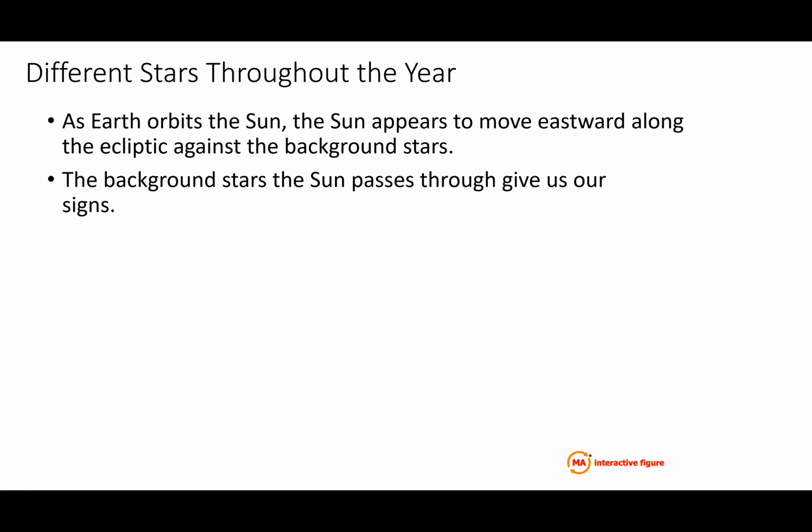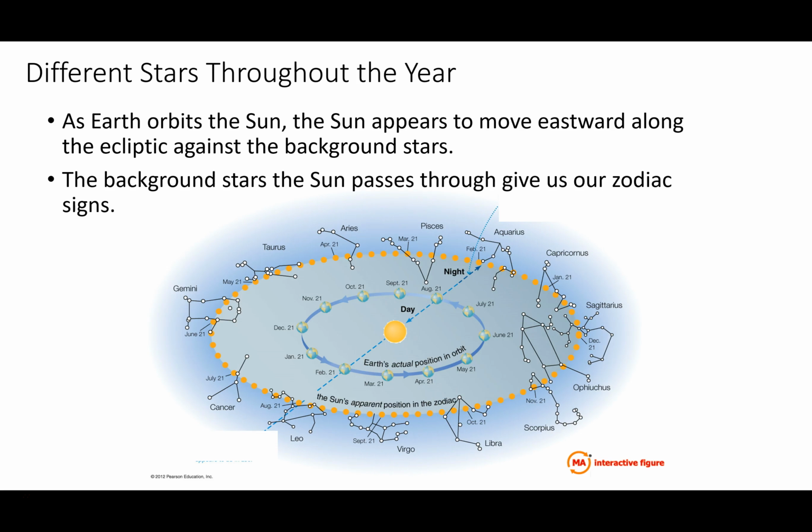You know, sometimes you're like, I don't believe you. Okay, so the background stars that the sun was passing through gives us our zodiac sign. It looks like this, what I just showed you. Now, this is kind of showing you different positions. Of course, the sun's in the middle, and you see the Earth going around the sun. The Earth is going counterclockwise, and like I said,